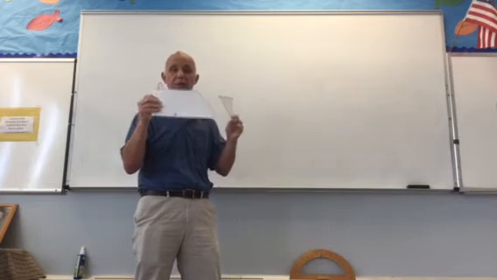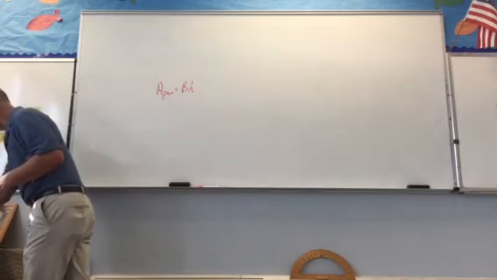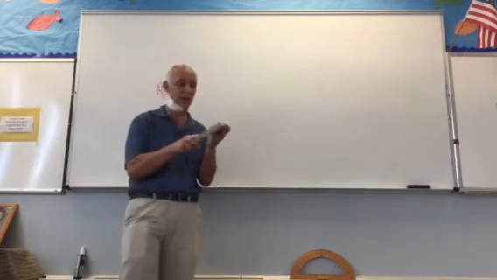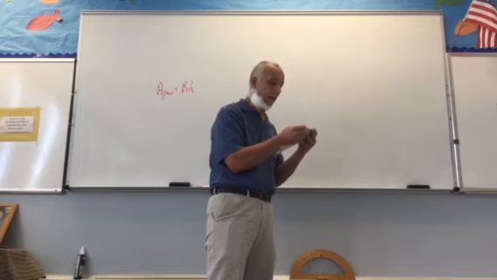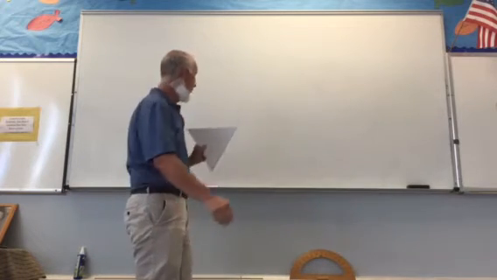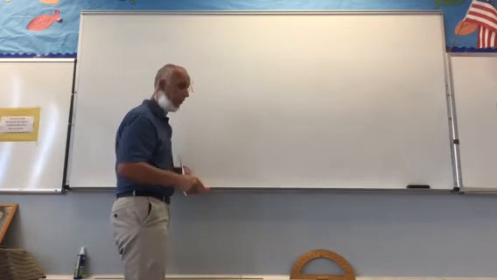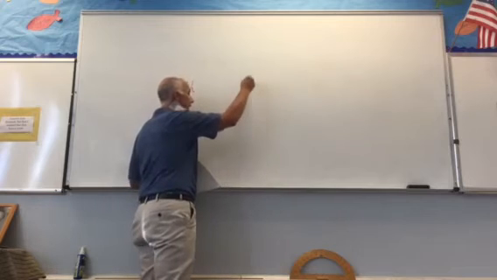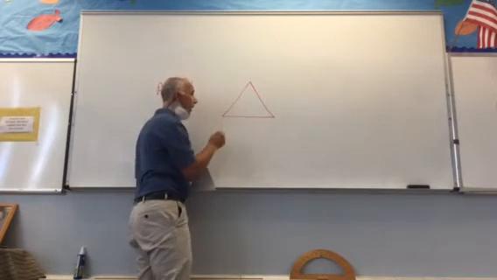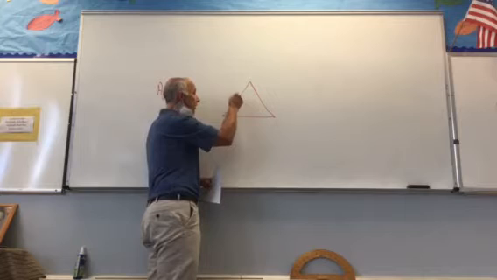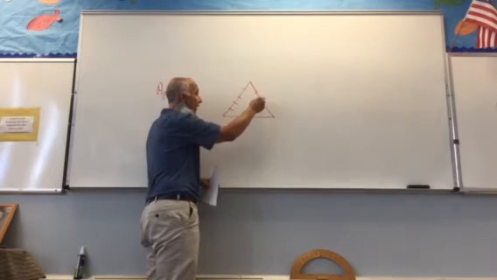So length times width becomes base times height. Now, the next thing we want to talk about is how would you find the area of a triangle? And if a parallelogram was going to cause you trouble, a triangle really is going to be challenging. Because again, there's no square part to a triangle at all. If I was to measure the distance of each side of the triangle